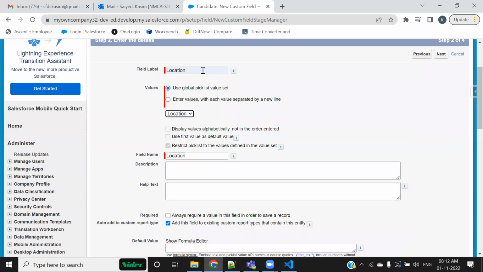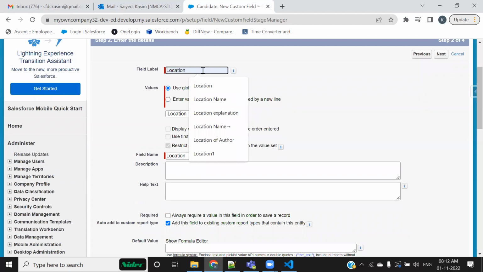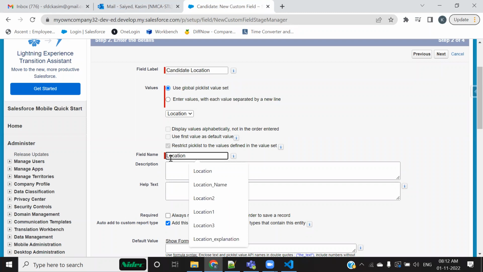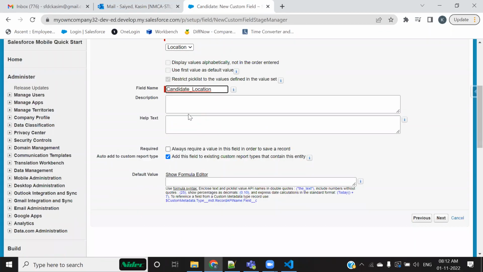तो अभी जब मैं इस लोकेशन नाम की पिक लिस्ट, मैं कुछ और भी नाम दे सकता हूँ, फॉर एग्जांपल लोकेशन नेम. ये मैं कहाँ क्रिएट कर रहा हूँ बाय द वे, कैंडिडेट में. I'll give the name as candidate location, just to avoid the confusion. And this pick list candidate location is getting the value from another pick list. तो यहाँ मैं manually enter नहीं कर रहा हूँ, right?